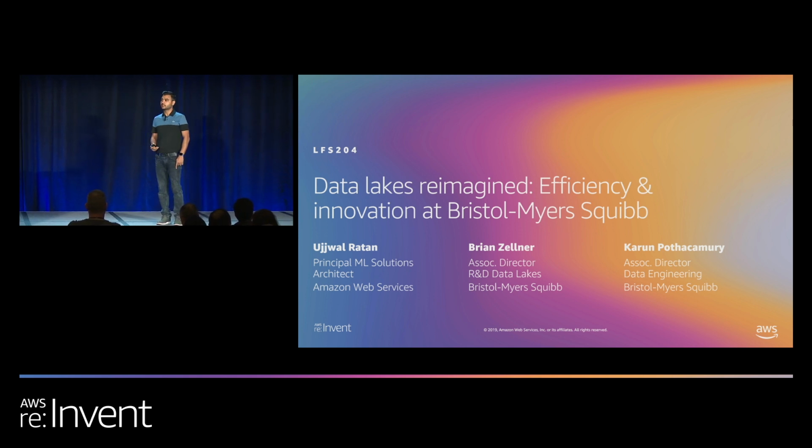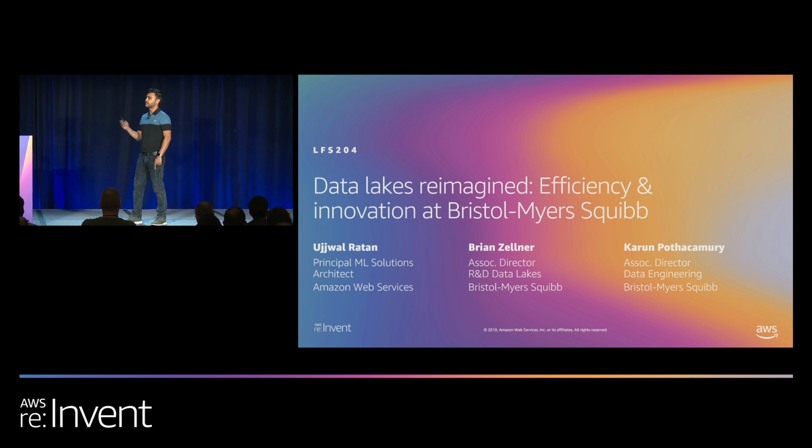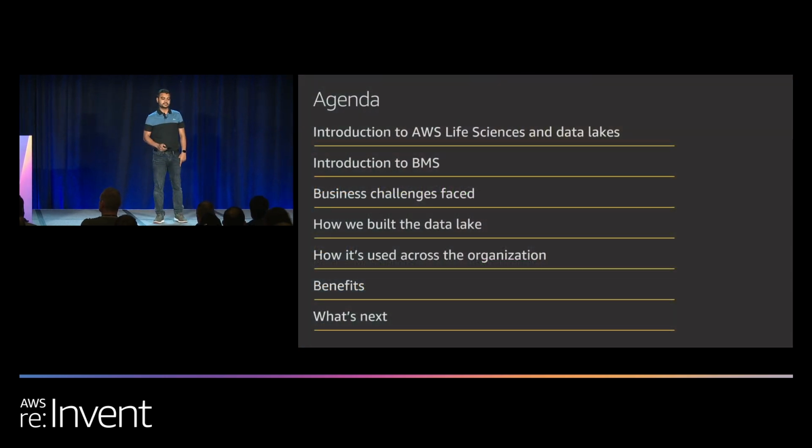And today we are going to be talking about how data lakes are built on AWS and taking a specific example of how BMS actually did it. And we're going to take you through the process. So our agenda is going to consist of